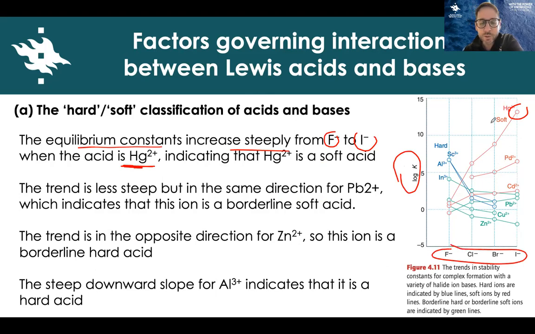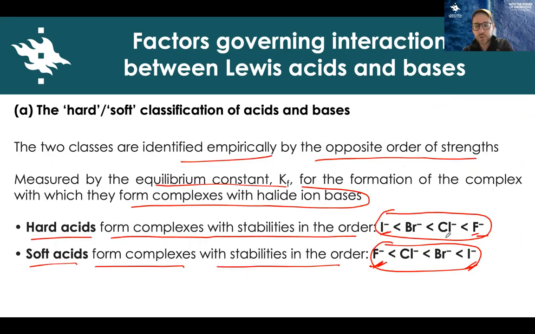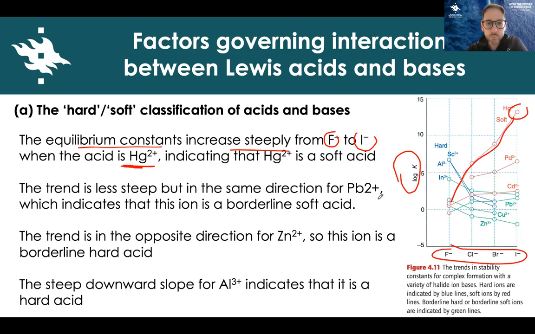So for mercury, for example, stability increases, or the constants increase when we move from fluorine to iodine. So according to this, it becomes softer. So mercury is a soft acid. So the trend is less steep, but goes in the same direction for lead, which indicates that this is